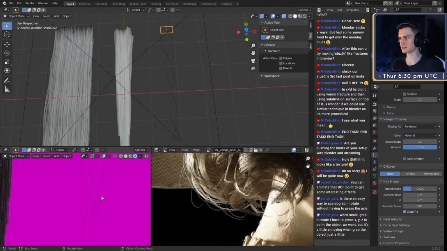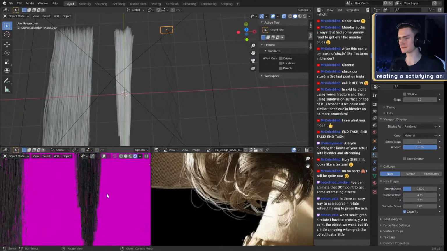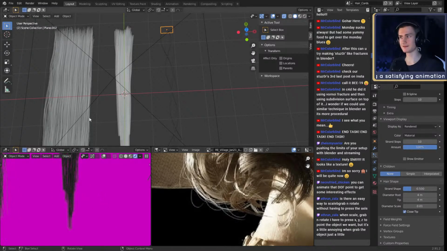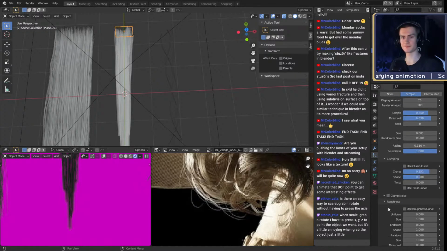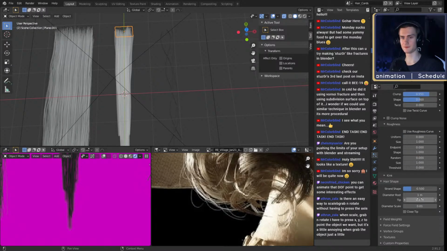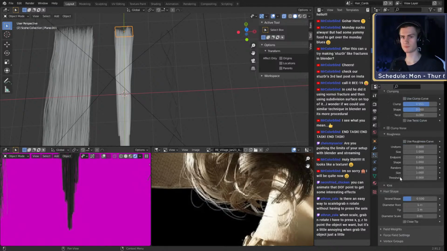Oh, that's actually quite thin, so we could put this to 2, maybe 4. Well, skipping 3. Okay, this looks quite okay. We could probably do the same for these hairs as well. Maybe not 4.